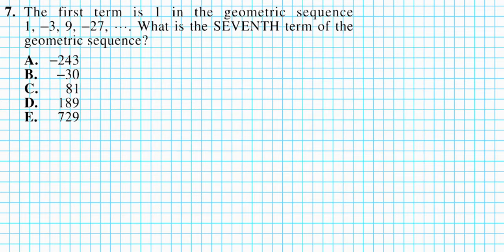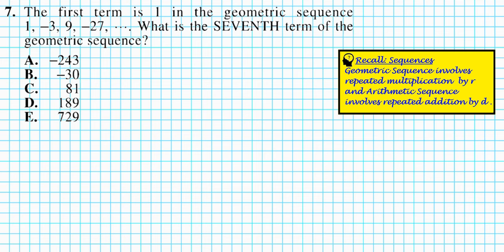All right, let's take a look at problem 7. It reads, the first term is 1 in the geometric sequence 1, -3, 9, -27, and it goes on and on. What is the 7th term of the geometric sequence? All right, one thing you want to keep in mind concerning sequences is that there are 2 types of sequences. We have geometric and arithmetic sequences. Anytime you see the word geometric sequence,